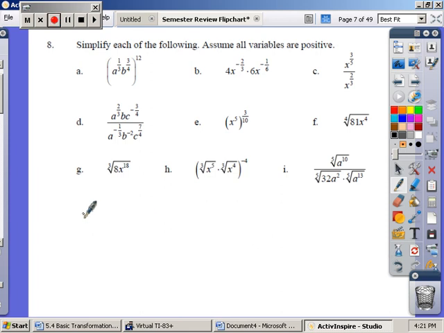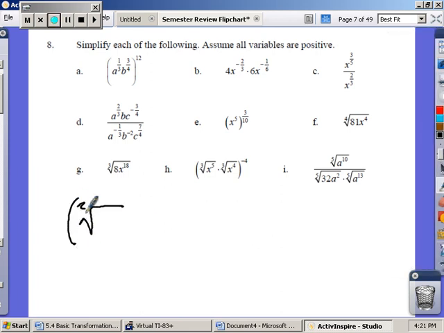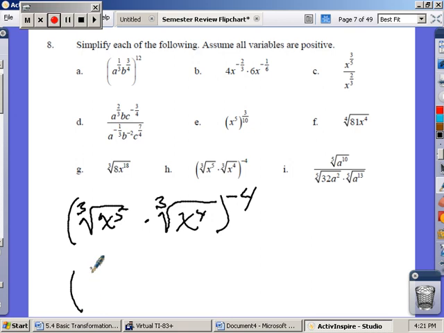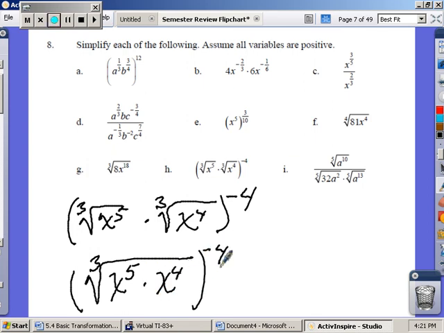Letter H. The cube root of x to the 5th times the cube root of x to the 4th, raised to the negative 4th power. The radicals are the same. They're both the cube root. Rewrite it. The cube root of x to the 5th times x to the 4th. When bases are the same and you're multiplying, add the exponents. So now you have the cube root of x to the 9th